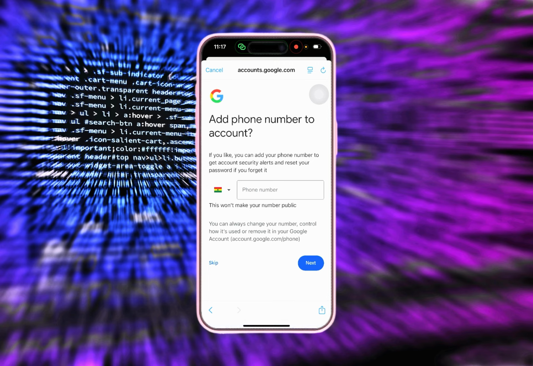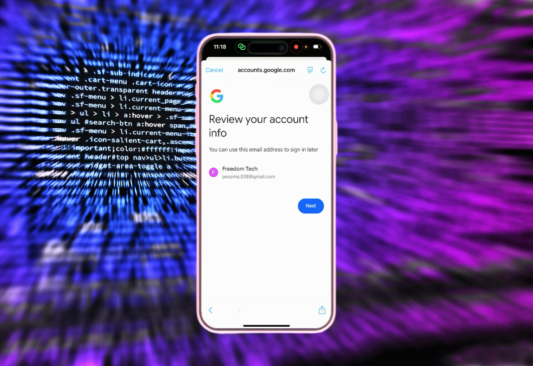Now you can see it is asking for your number, but in this case we don't want to include our personal number, so just click on skip over here. You can see add phone number to account, so click on skip over here. And once you click on skip, you can see